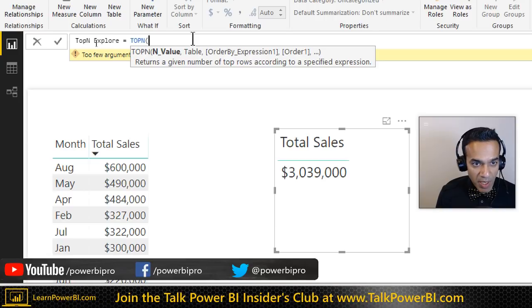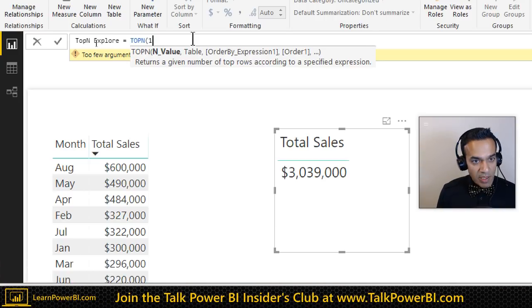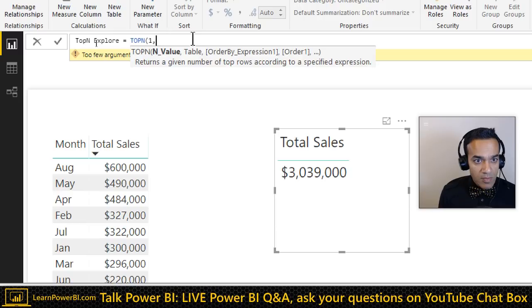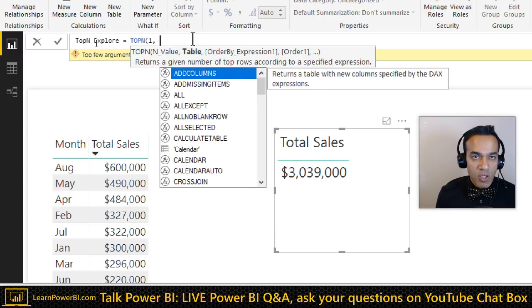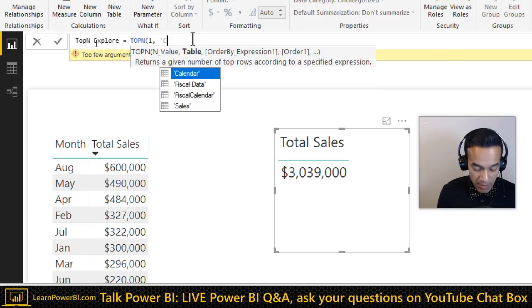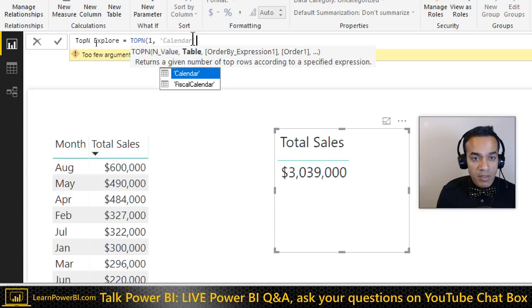So top N, it first says N value. How many do you want? Let's say I just want one. And what do I want? In this case, I want to see the top month, right? So I can say calendar month,